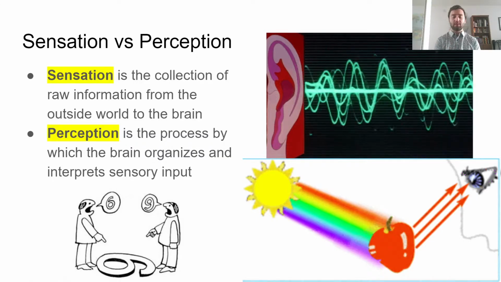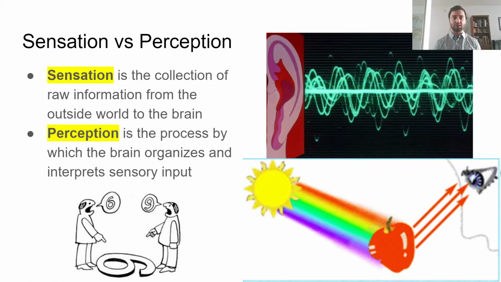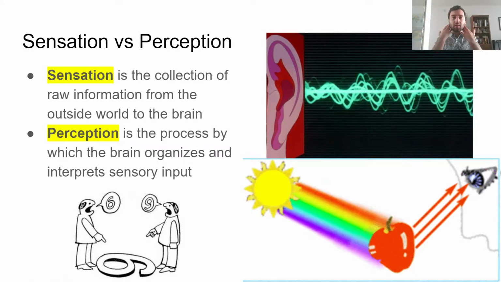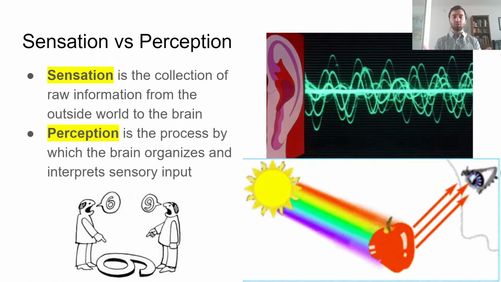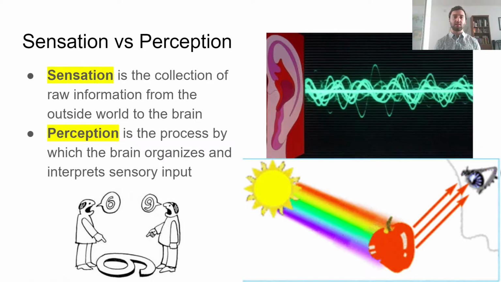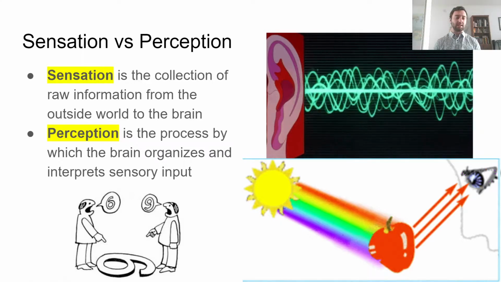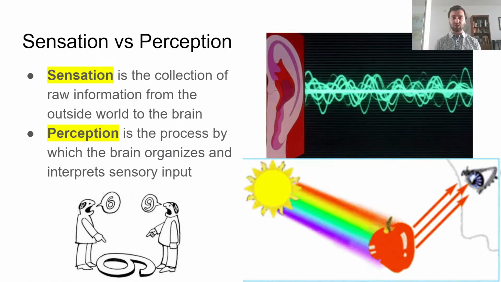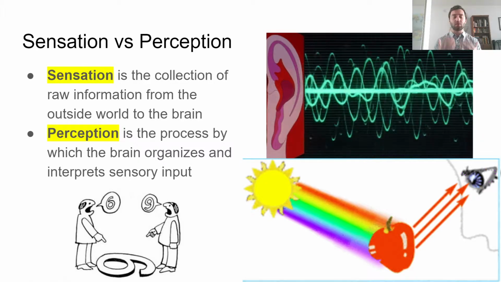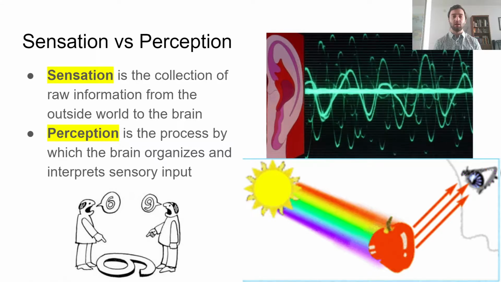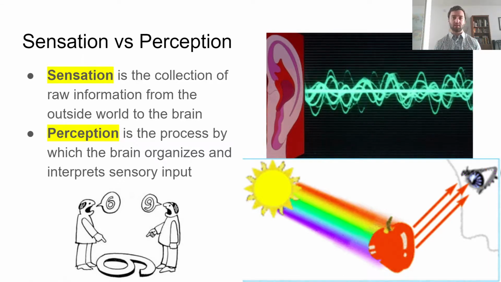Okay, so obviously when we refer to our senses, these are all the things that are collecting that information. So our ears are collecting sound, right? Our eyes are collecting visual information. Our skin is collecting information on pressure and heat, and maybe texture, right? Our tongue is collecting information on taste. Our nose is collecting information on smell, right? We've got all these different senses, and they're collecting data, basically.